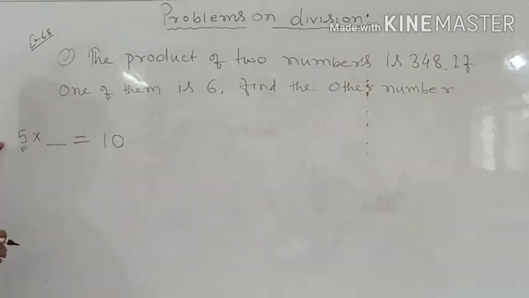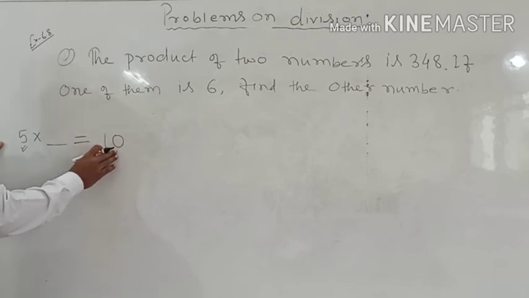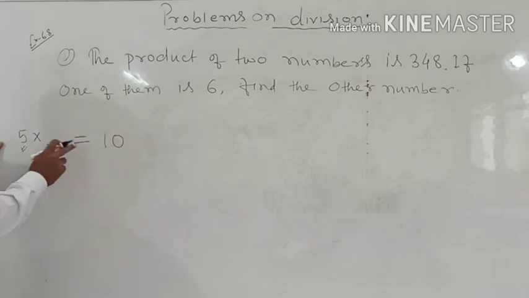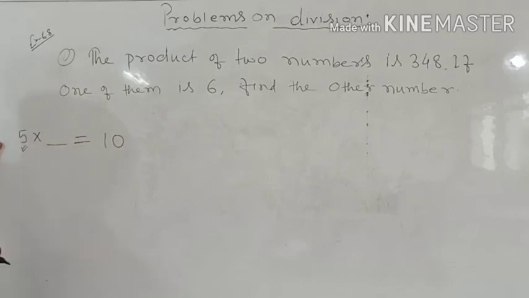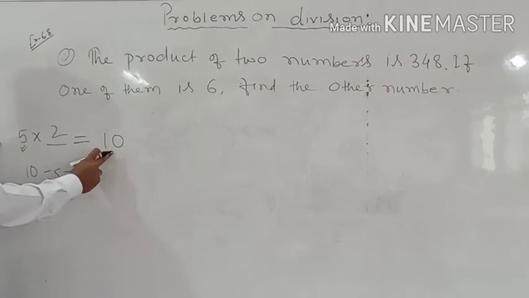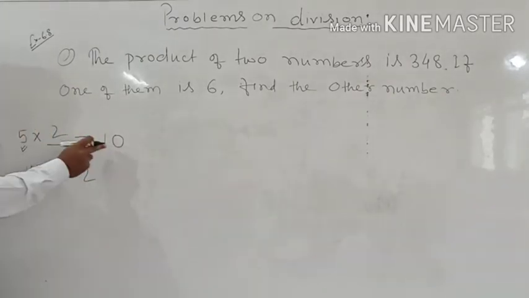So how will you find this? Definitely you will find this by dividing 10 by 5, right? Whatever answer you get will be the other number. क्योंकि हम लोग ने पढ़ा है कि डिवीजन जो होता है मल्टीप्लिकेशन का ऑपोजिट होता है, मल्टीप्लिकेशन जो होता है डिवीजन का ऑपोजिट होता है. So if you divide 10 by 5, you will get 2. So 2, if you multiply with 5, then 10 will be the result. Okay, so 5 2s are 10.